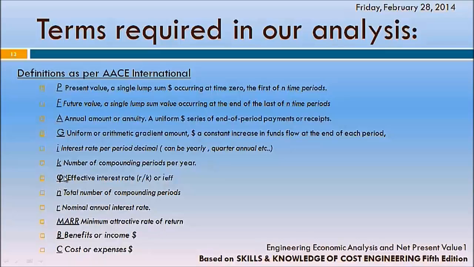Alpha, I think this is called alpha, I'm not sure, is defined as the effective interest rate, and we're also going to discuss what is the difference between the interest rate and the effective interest rate. Then N, the total number of compounding periods, okay, and also we're going to explain that properly. R is the nominal annual interest rate, so you might have effective interest rate, and then from effective interest rates you are going to get the annual interest rate. Then